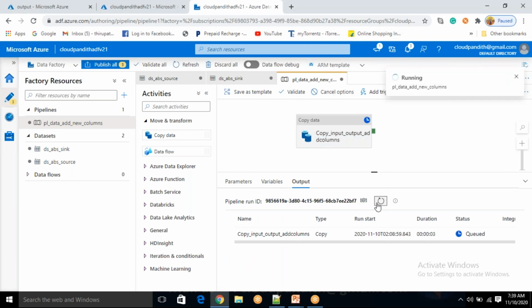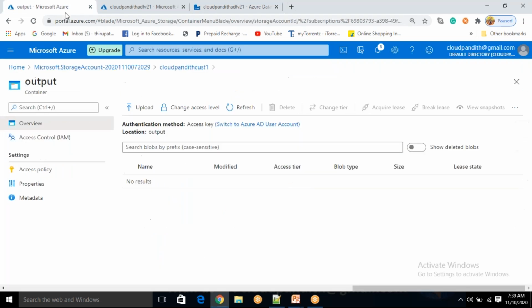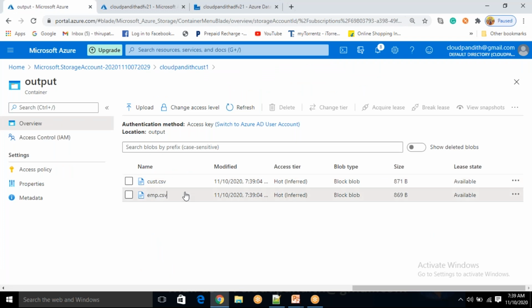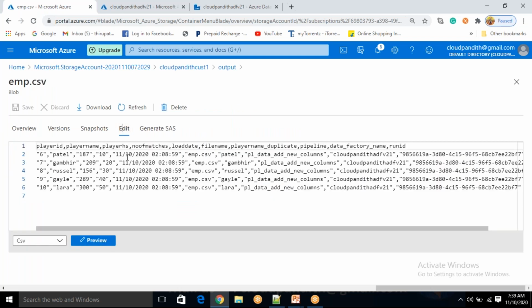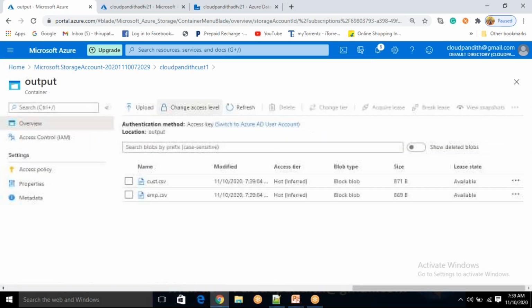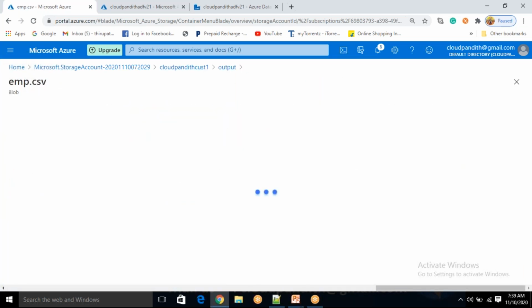Okay, let's see now, the extension will be .csv. The pipeline ran successfully. Refresh this. Now you see .csv files. If you open this, yeah, we have already seen output files, right? So comma separated, I have shown you already. See here also comma separated values and all the columns came, and the file extension this time is also .csv.